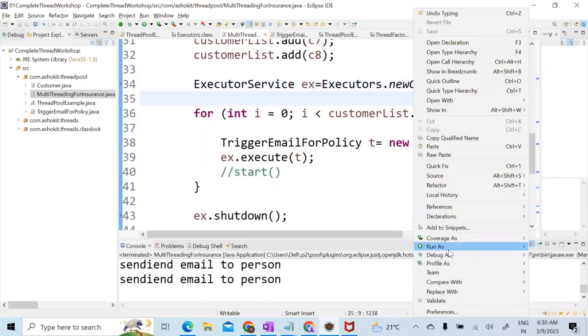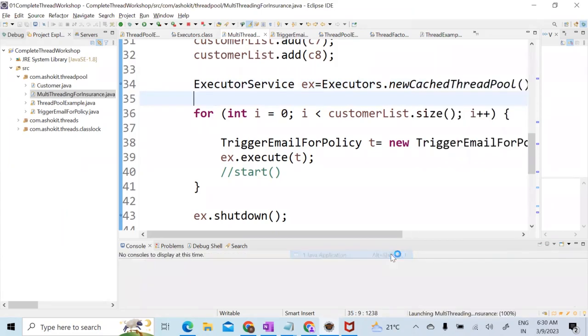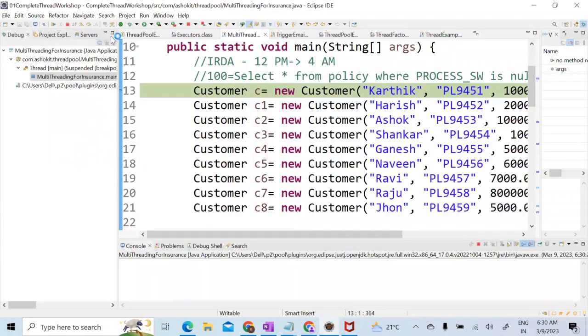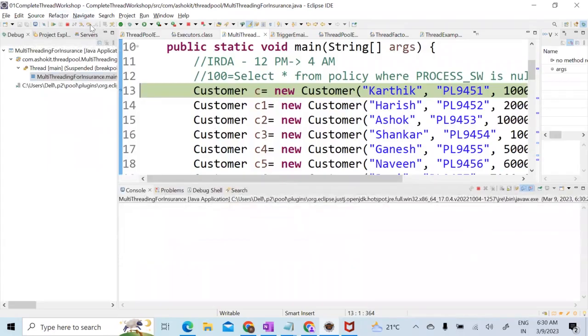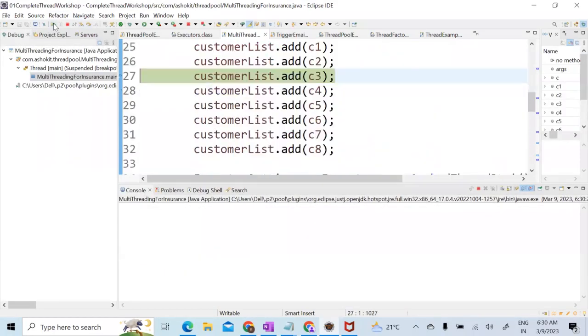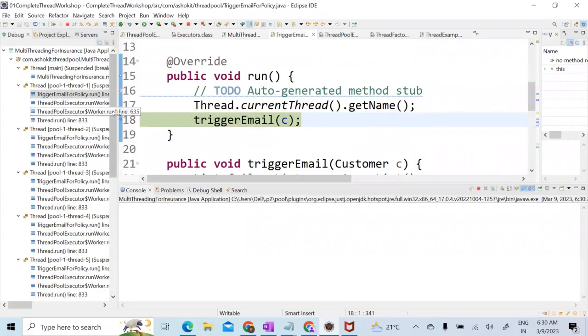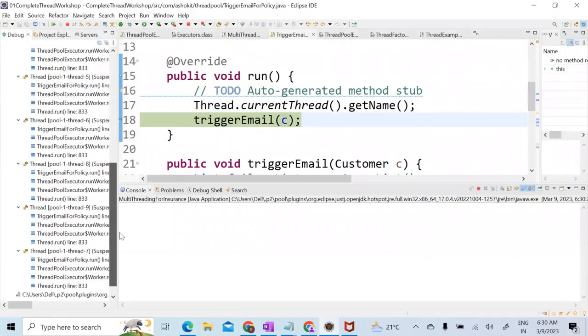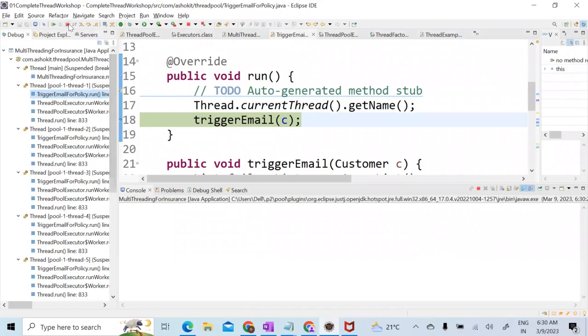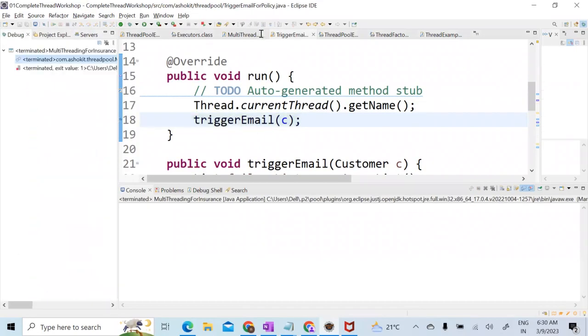When I created around 12 customers and ran the cached one, it created around 12 threads. Yeah, 12 threads, because whenever you are debugging you have not completed even a single thread, so all the threads are busy. I just ran it without debugging. Yeah, look here. Whenever you're debugging, you can make one person